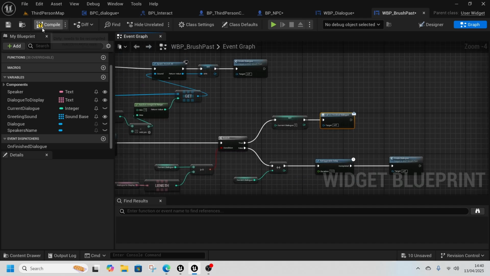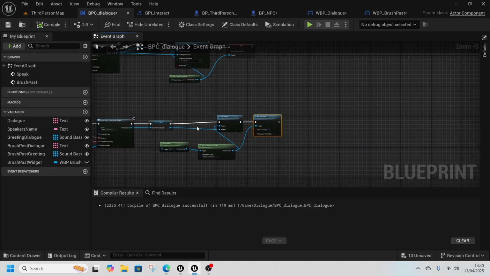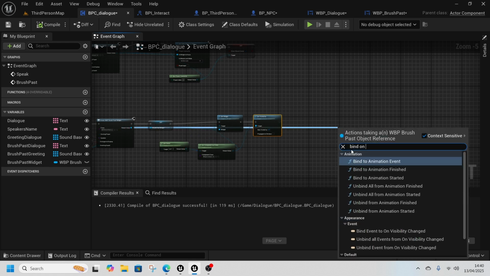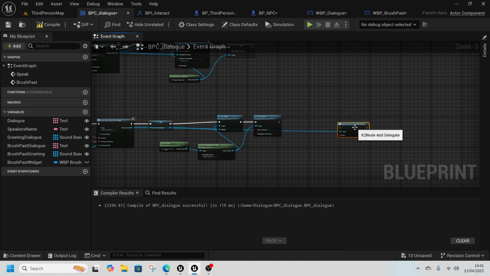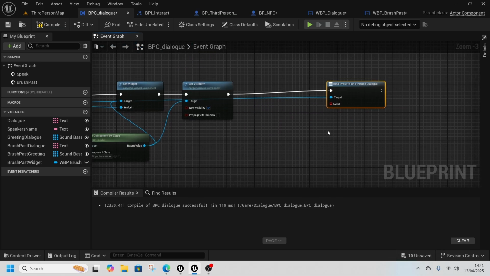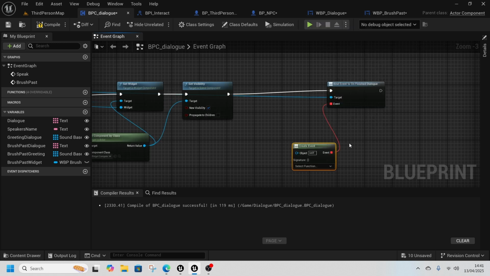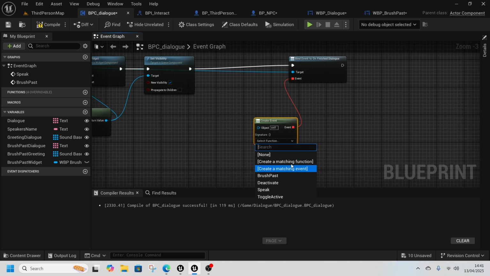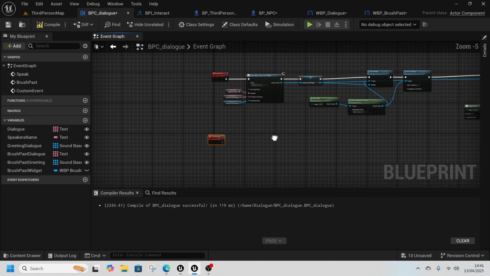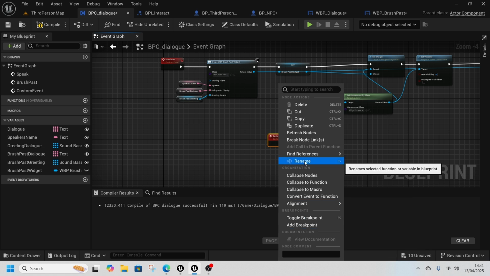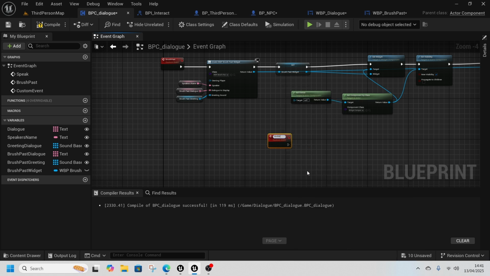We go back into our component. We can do a bind on dialog finished on finished dialog, and from event we can create a custom event. So we can create an event and create a matching event, and this will be called end brush pass dialog,